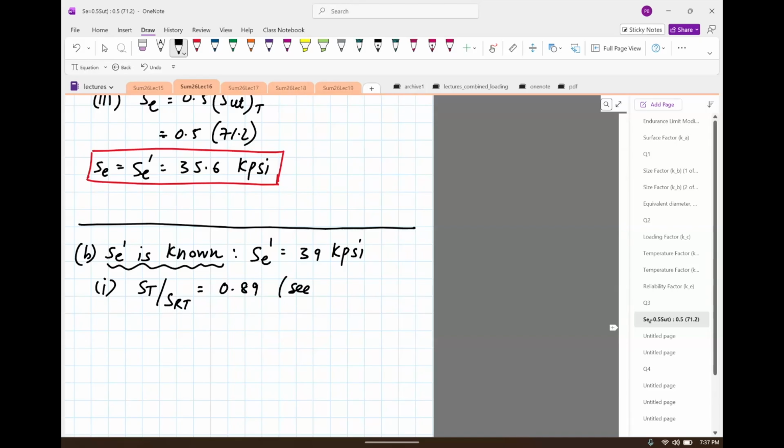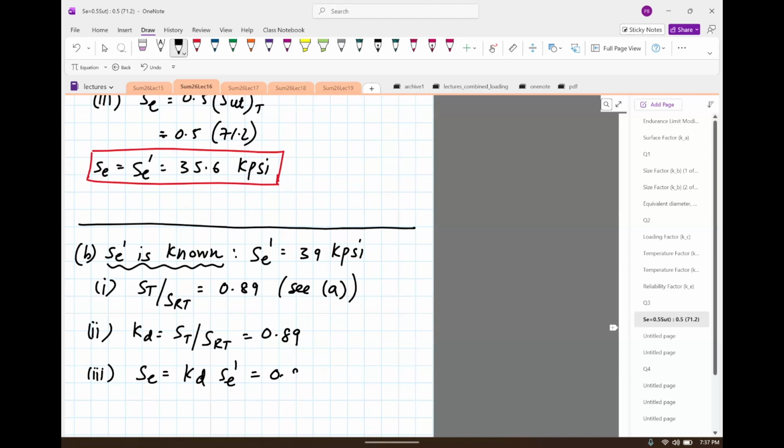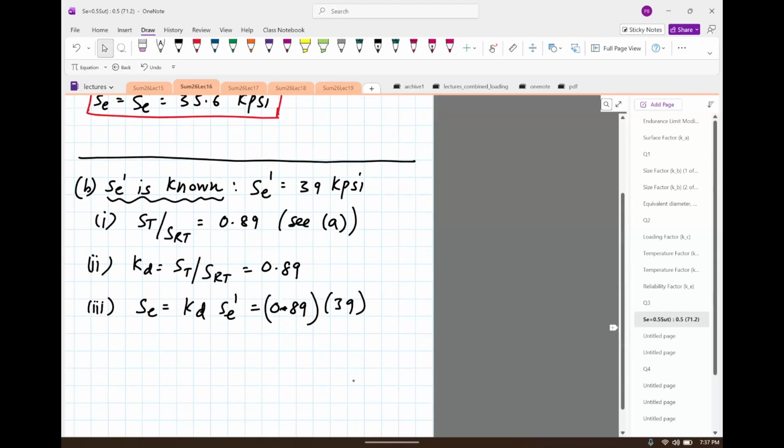We have done this in the previous part. Second part is KD equals ST divided by SRT, so it is 0.89. And the third part is SE is KD times SE prime, so it's 0.89 times SE prime given to us, 39. So SE comes out to be